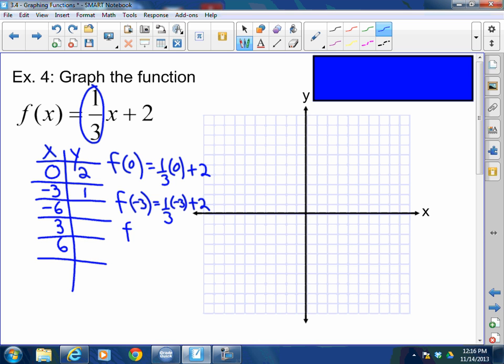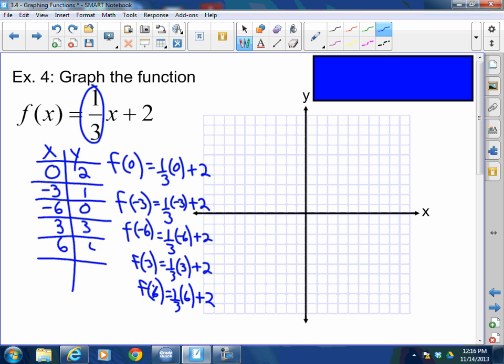1. F of negative 6. What's 1/3 times negative 6? What's negative 2 plus 2? Excellent. F of 3. What's 1/3 times 3 plus 2? Excellent. And f of 6, when x is 6, 1/3 times 6 is 2. 2 plus 2 is 4. Excellent. So I have 0, 2,